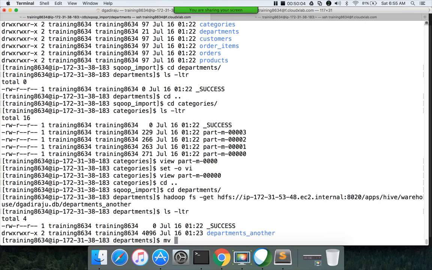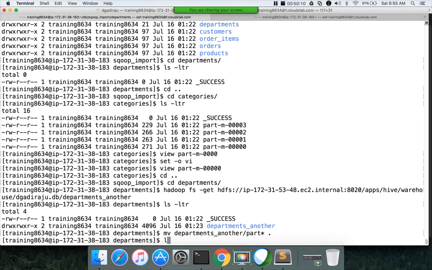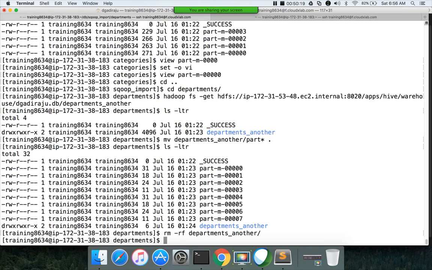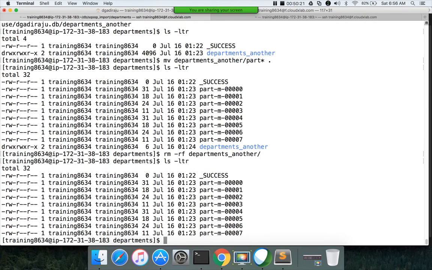Okay, it actually copied the directory directly here. I want to copy all the files into this location and rm -rf departments_another. Okay, now we have the files and let us run the Perl command again.